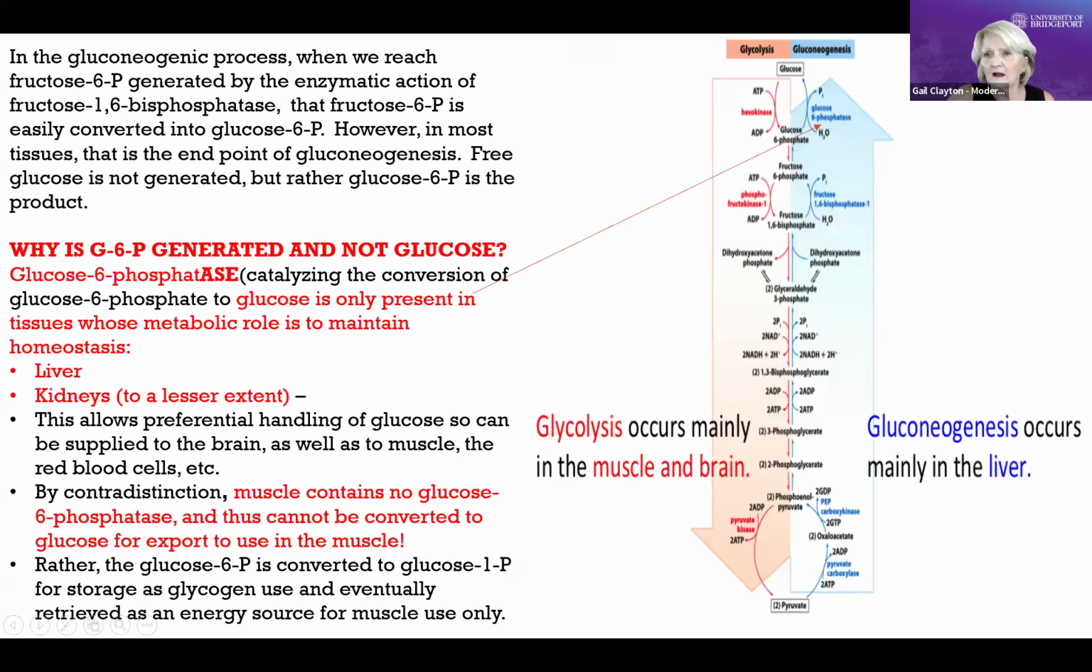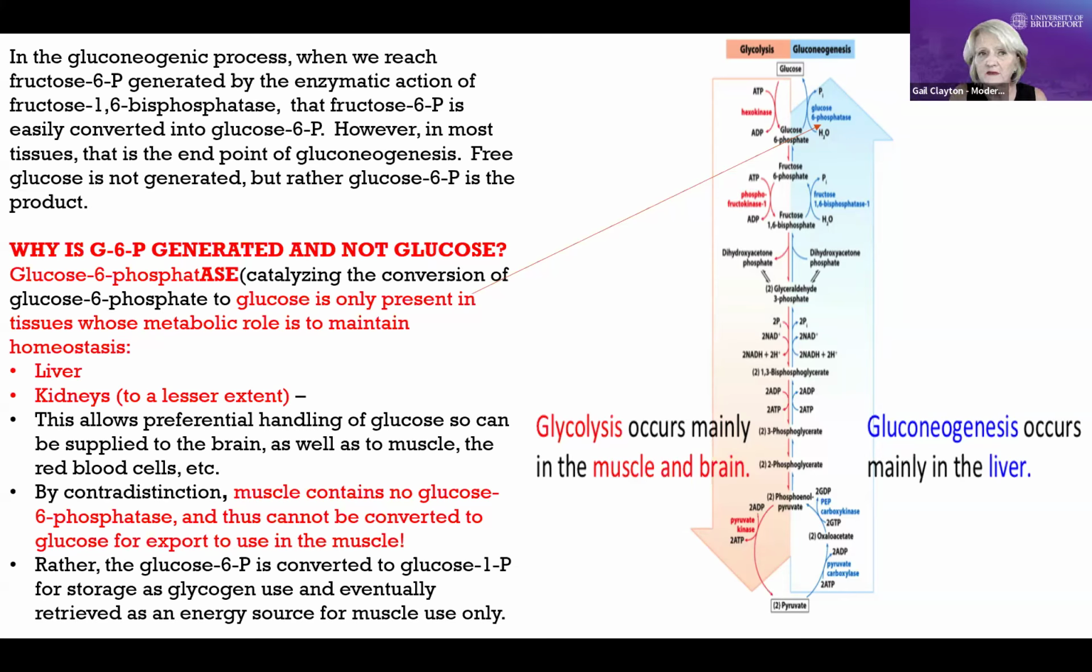Now, I want you to look at this diagram. On the left, I guess it's kind of a peach color, pink, and on the right is blue. So glycolysis, which we already studied, is exergonic, right? We're breaking down glucose and we're making energy. And that happens mainly in the muscle and the brain. And then gluconeogenesis happens mainly in the liver. So we're making glucose. So on the one hand, we're breaking down glucose, and on the other hand, we're building